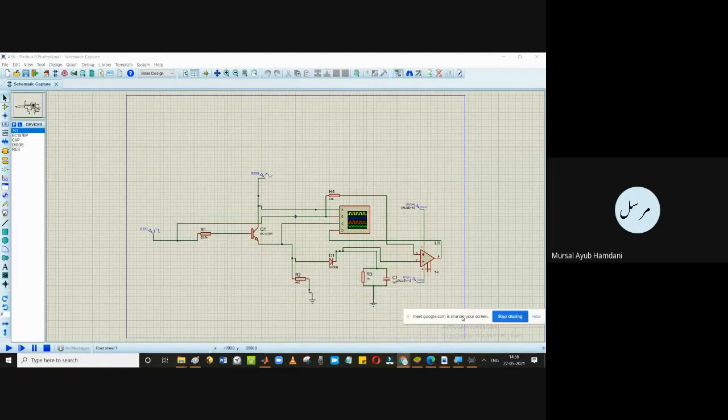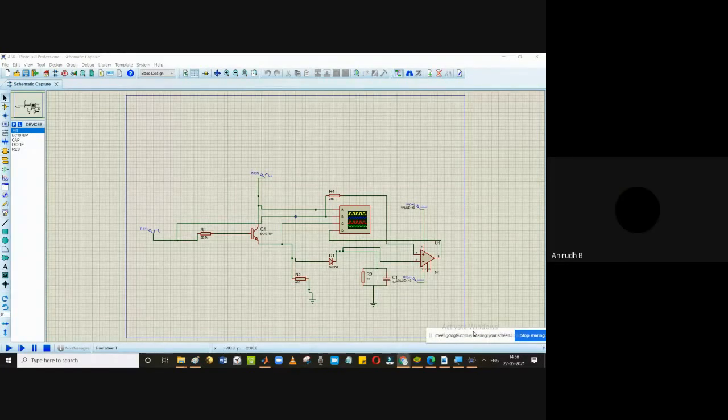Can you see this? Yes, sir. It's looking very complicated now. What you are doing here is creating this on a breadboard. You need 2-3 things extra. You can build this circuit at home, and in the lab you will need 2 to 3 things.